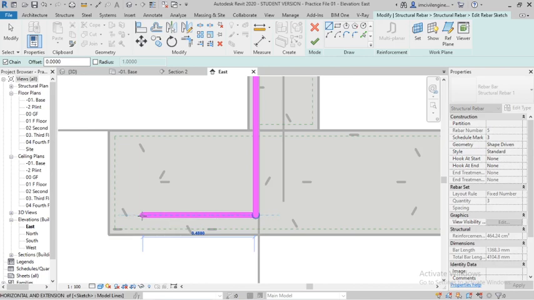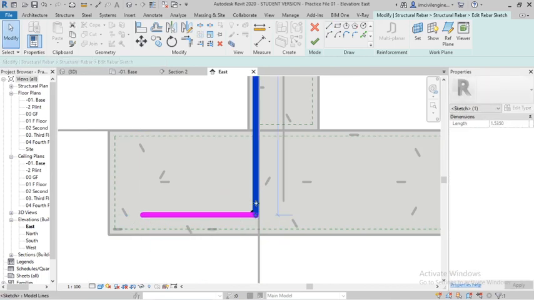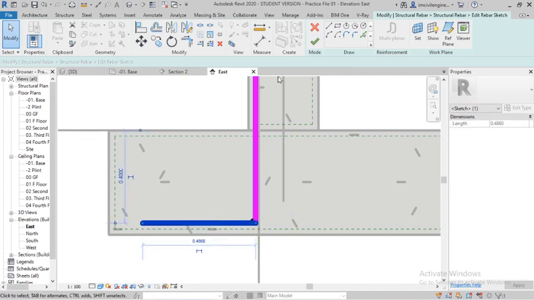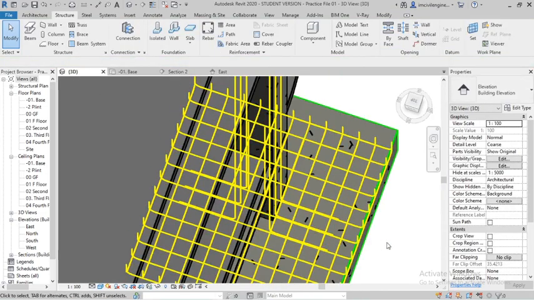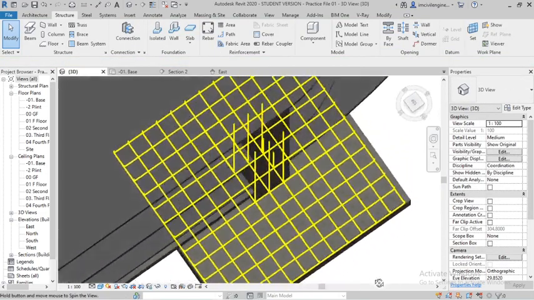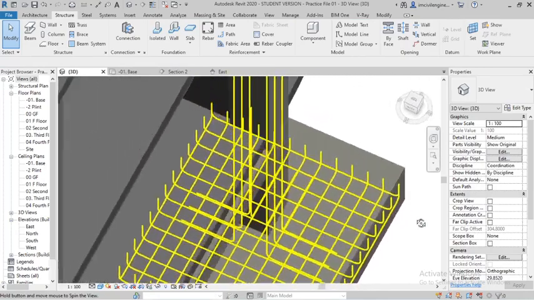I'll make it a little downward. Okay, again go to 3D. Now you can see how it looks.